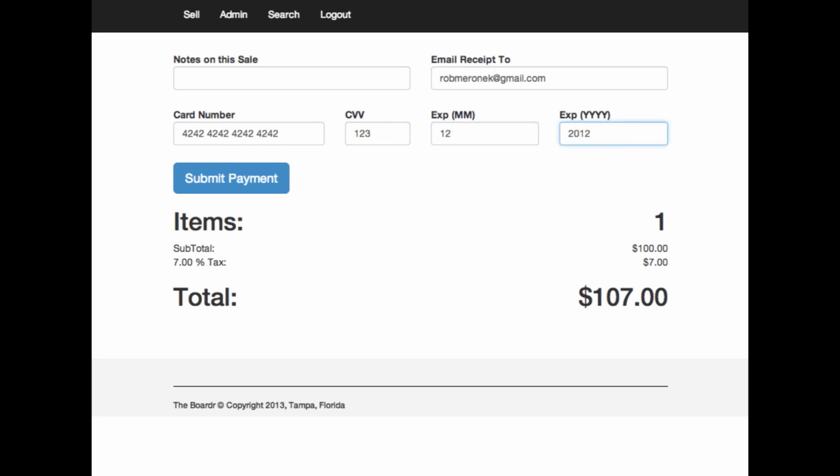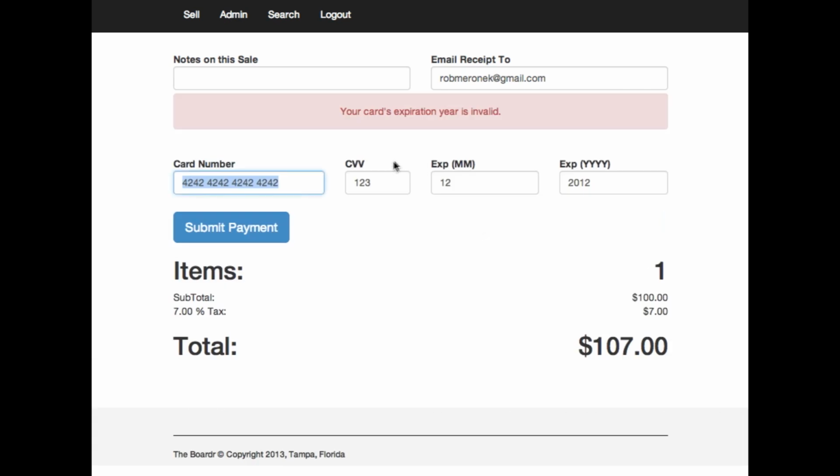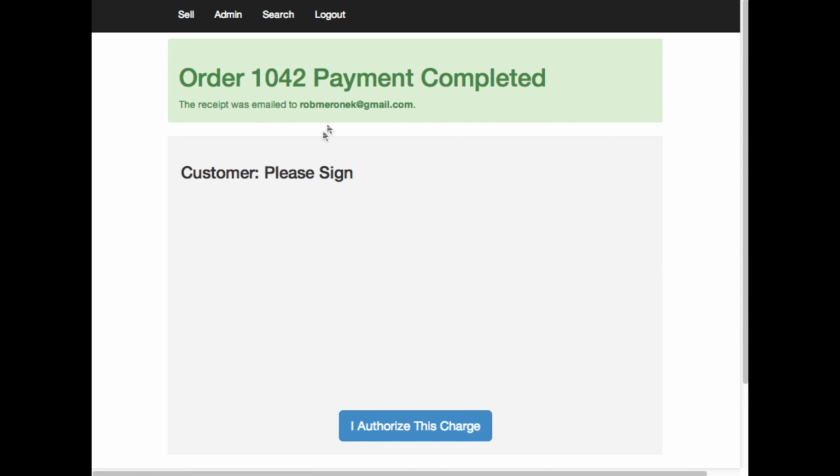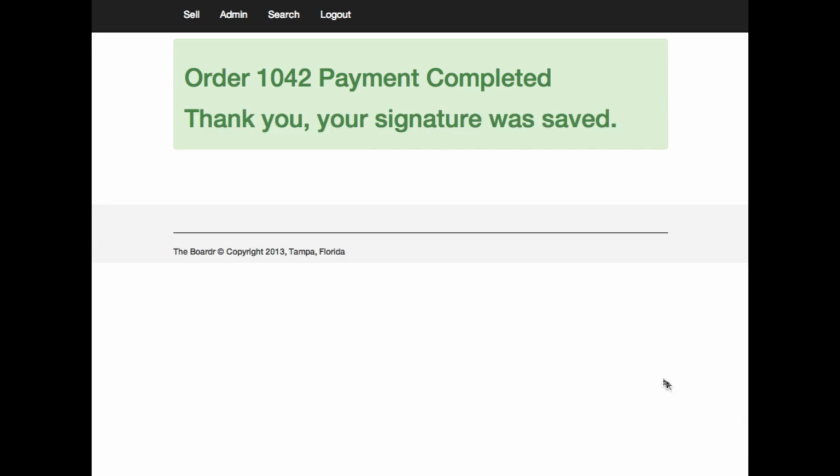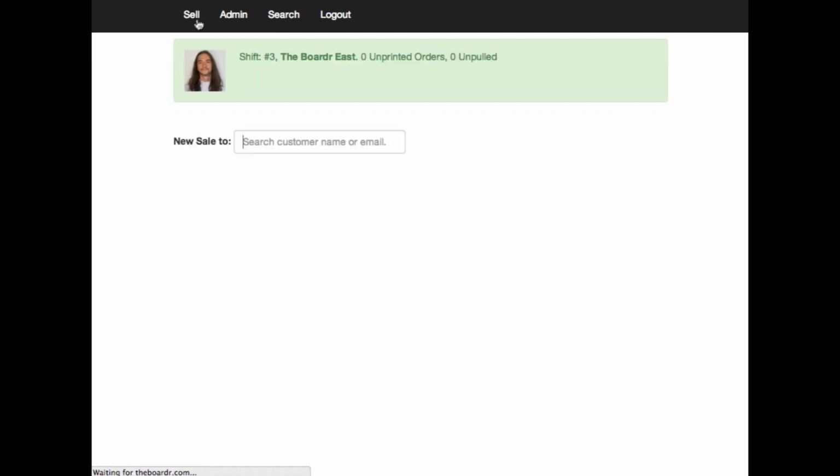I'm going to enter an invalid expiration date and run that and see. You can see how you get your feedback here. When I change that to a valid date and submit that payment, I come back with a validation and my order number, and this is where you flip over the iPad and have the customer sign with their finger right here. So I'm just going to sign right there, hit I authorize, and you're done, and you're ready to go and sell